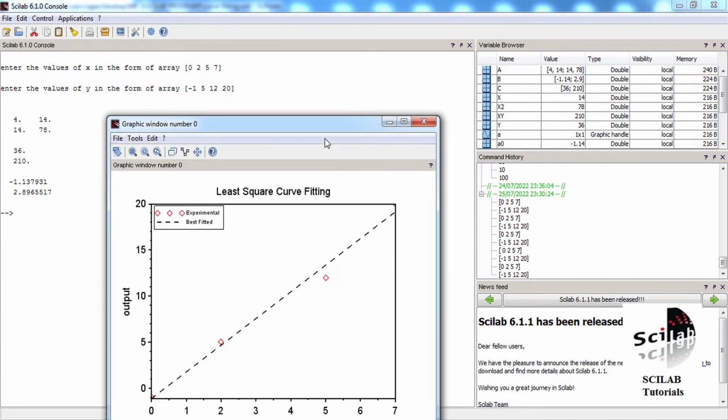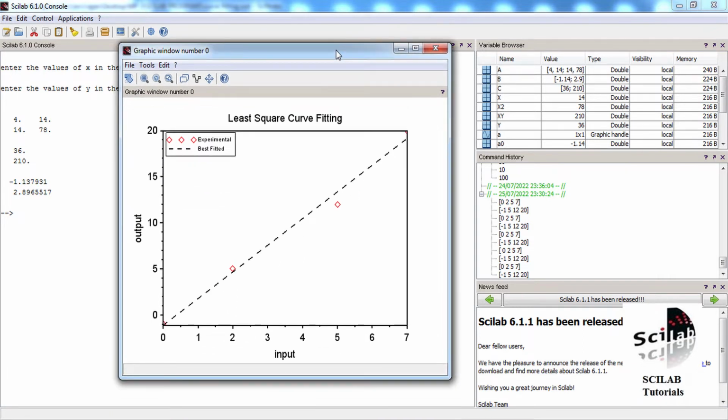As you can see, this is our best fitted curve, and I have changed the axis properties as well as figure properties, and it is looking more attractive than the previous one. You can change properties as per your needs so that it will be quite pleasing and attractive.